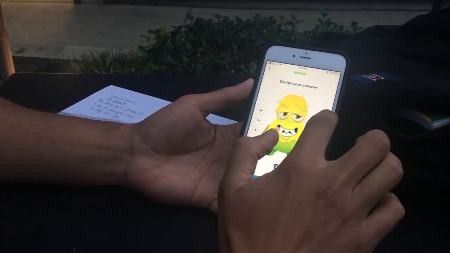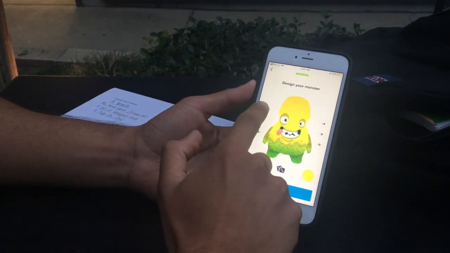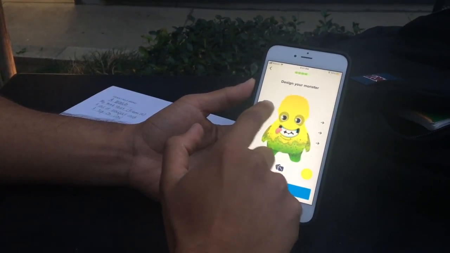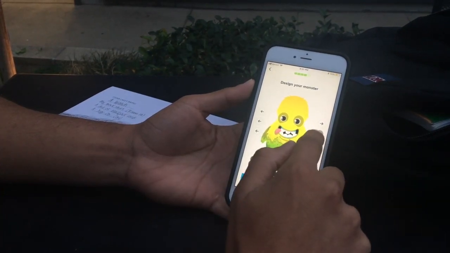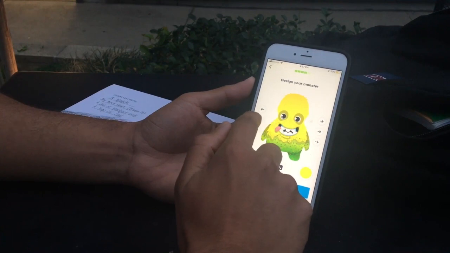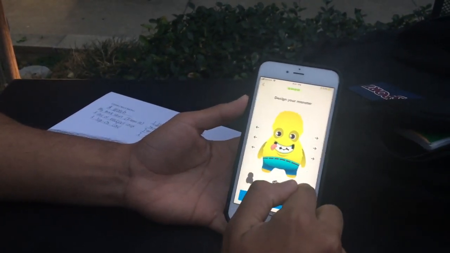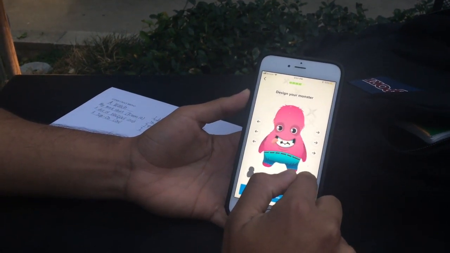So we can go ahead and push this arrow right here, and that'll change his eyes. Now this arrow right here will make it go back if you like the previous eyes. This arrow right here is going to go ahead and change the mouth, and this will go backwards. This arrow right here will change his stomach, and this right here will change the color of what the monster